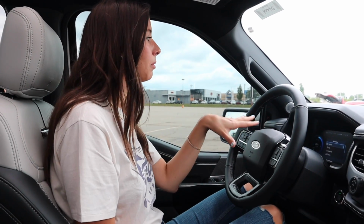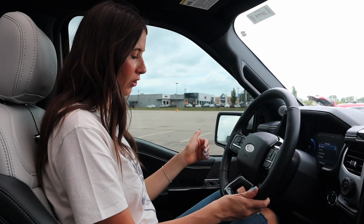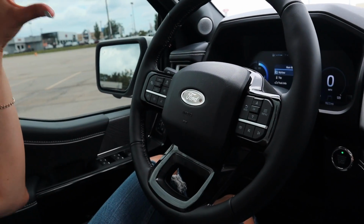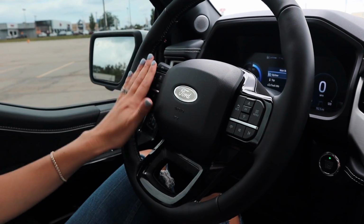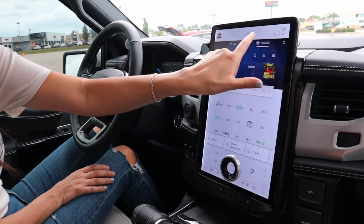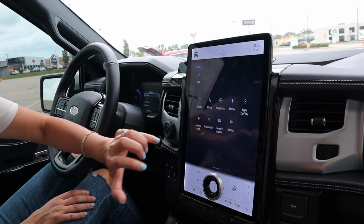So anyway, the dash is completely digital, and then we move into some of our steering wheel controls. We have all of our audio right here, and then our automated cruise control and our safety features can be found on here. Moving on into this is what everyone's talking about, people. This is what is breaking the internet, the old